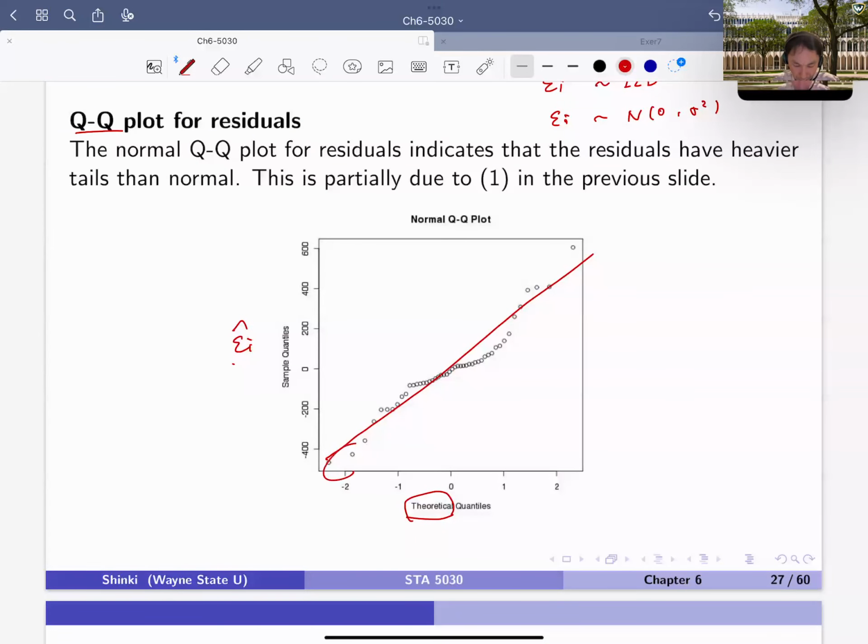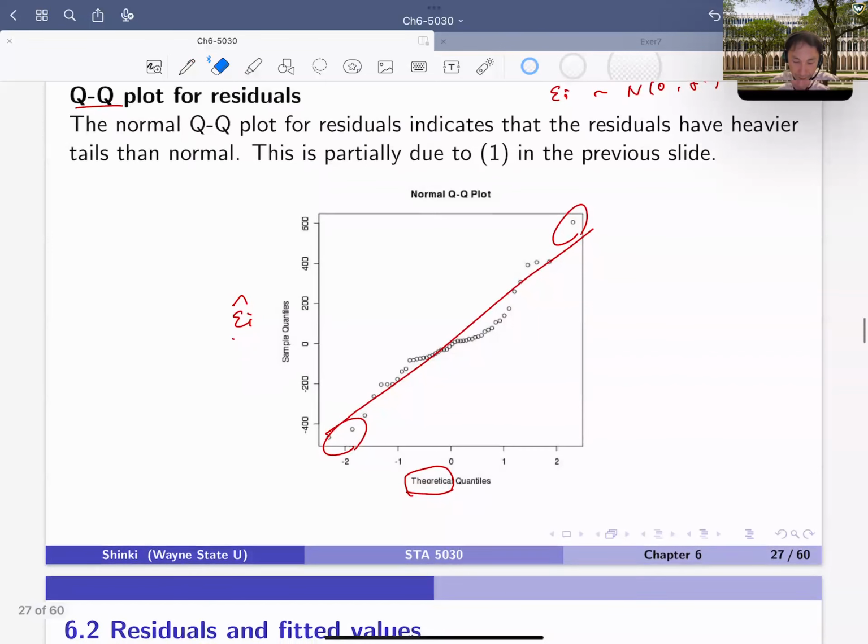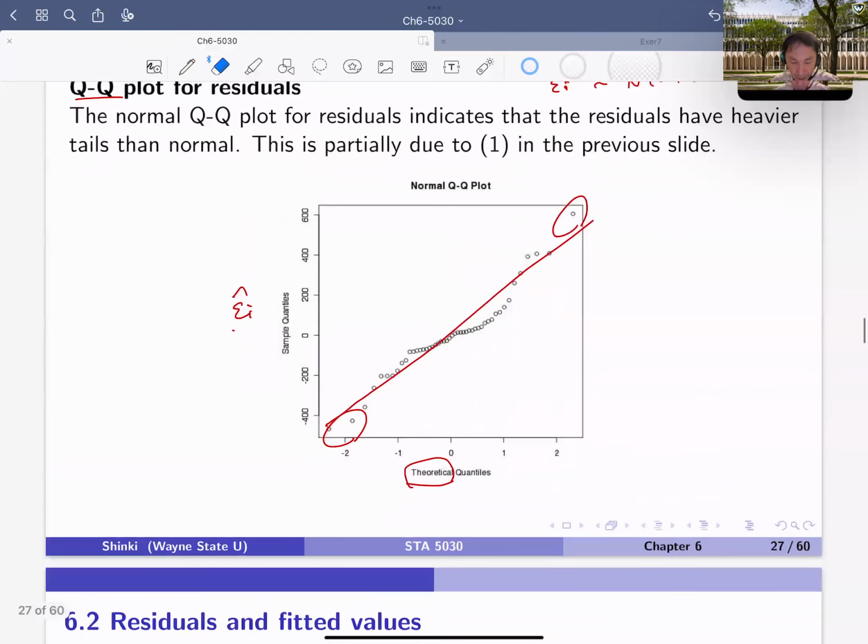But in this case, maybe we have few extreme observations. Maybe it's not too bad, but epsilon hat slightly has more outliers. Yeah, so by looking at QQ plot, we can see whether normal assumption is satisfied. And usually it's hard to solve the problem if this does not look like a straight line. But then maybe one case is if QQ plot is like this, we have some curvature, then this